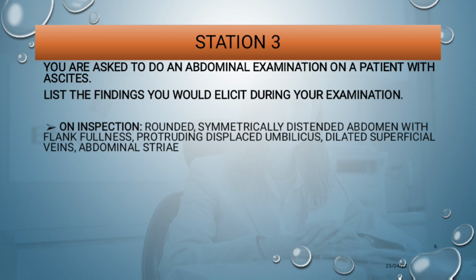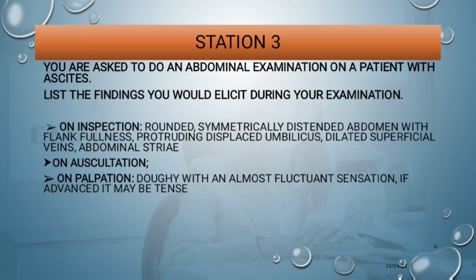So you say on inspection, you are going to say rounded, symmetrically distended abdomen with flank fullness, protruding displaced umbilicus, dilated superficial veins, abdominal striae as well. Okay, then on auscultation,